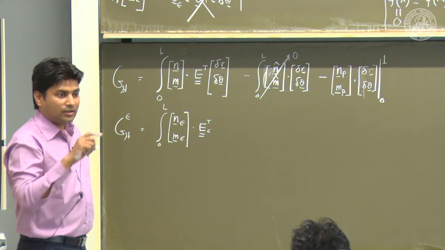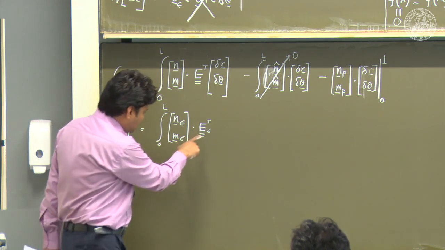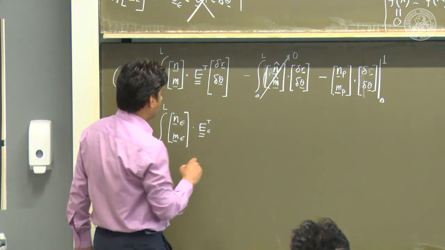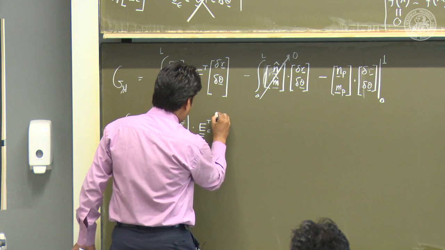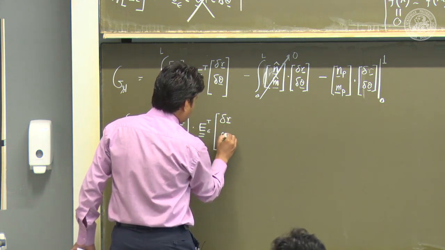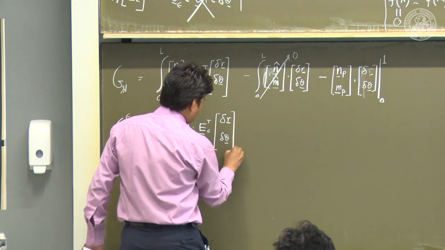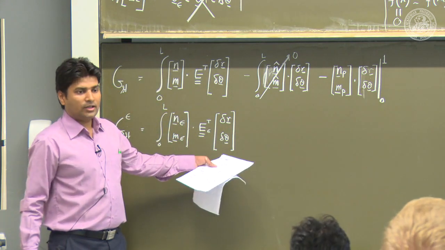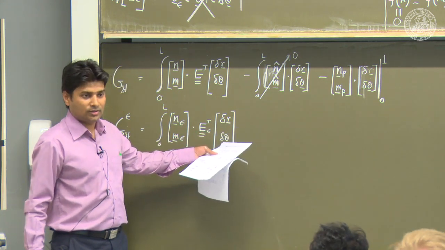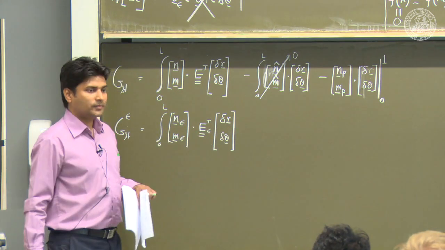So because of that, this also gets one epsilon, multiplied by del r, del theta,